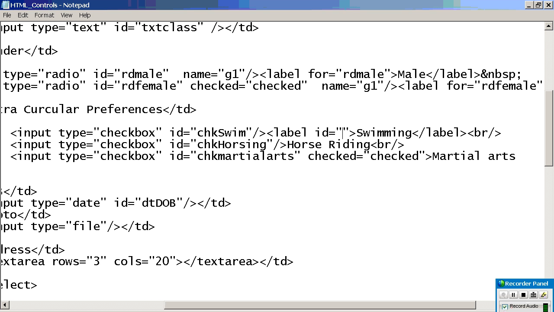ID is equal to, sorry, not ID, for it's also.